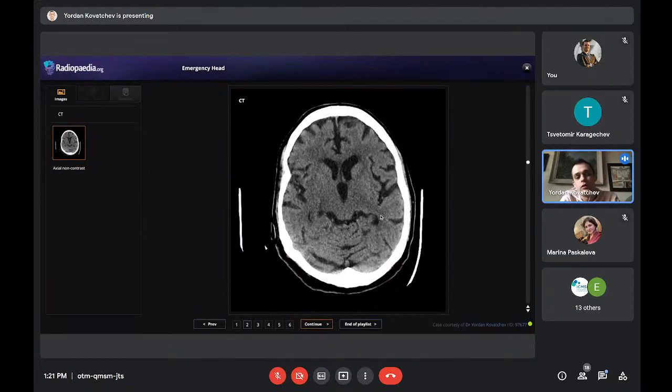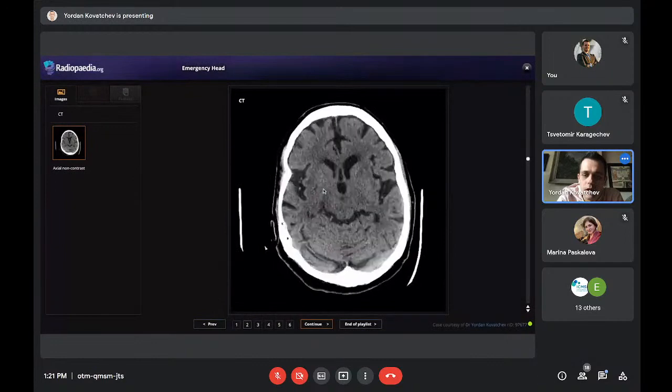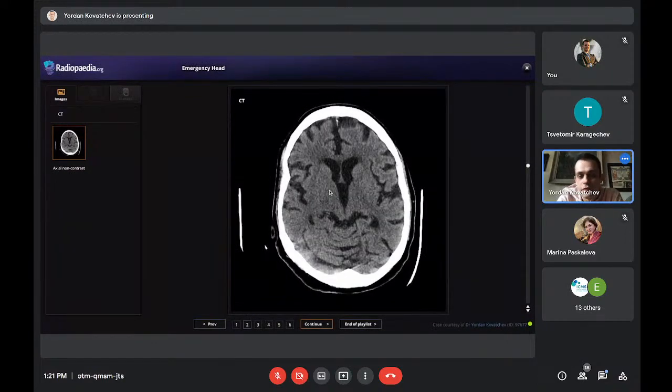What we can see really well, however, is the gray-white matter differentiation in the basal ganglia. This is the right side, this is the left side. We are thinking there might be a pathology on the right side clinically. And really, on the CT, we see how the lentiform nucleus has its borders a bit smudged. They're not very well differentiated, whereas on the left side, it's really good. For an 80-year-old woman, it looks pretty good. So this is the first point of concern.